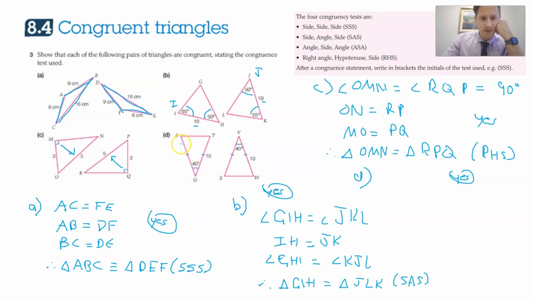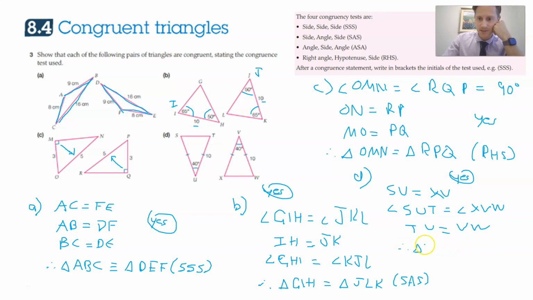So if we're flipping it, we're going to have to say SU is equal to, now it doesn't matter which one we say, it's going to be the same. So it's going to be equal to XV. And then the included angle, so angle SUT is equal to angle XVW. And then we'll say the 2 sides that we haven't done yet, so TU equals, I said XV before, so it's VW. And therefore,